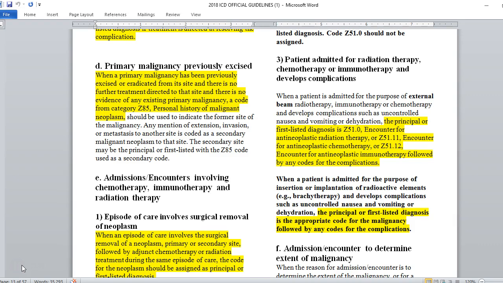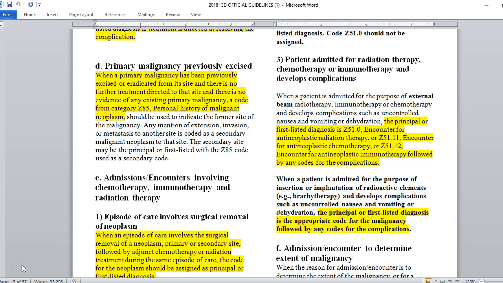When a patient is admitted for the purpose of external beam radiotherapy, immunotherapy, or chemotherapy, and develops complications such as uncontrolled nausea and vomiting or dehydration, the principal or first listed diagnosis is Z51.0, Encounter for anti-neoplastic radiation therapy, or Z51.11, encounter for anti-neoplastic chemotherapy, or Z51.12, encounter for anti-neoplastic immunotherapy, followed by codes